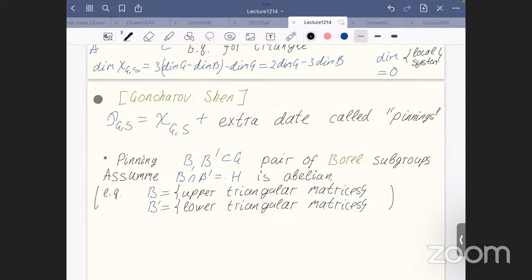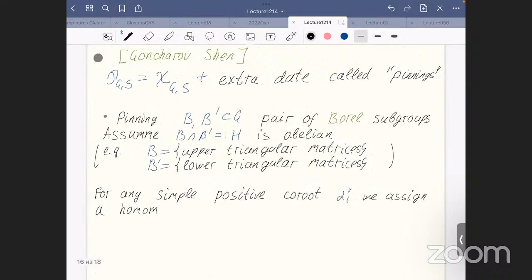Now, pinning is the following data. For any simple positive root alpha_i check, we assign a homomorphism phi_i from SL2 to G, such that